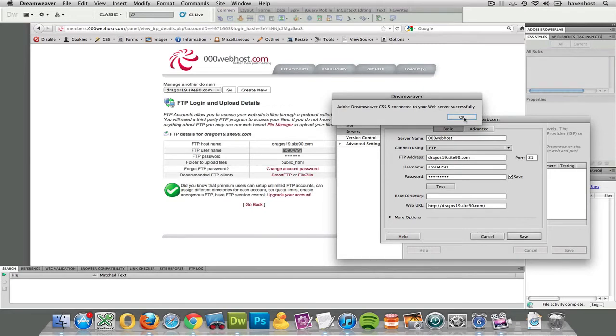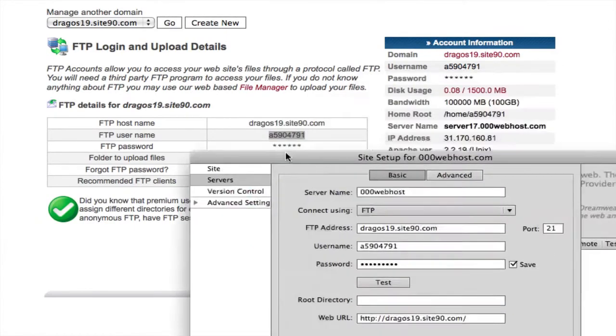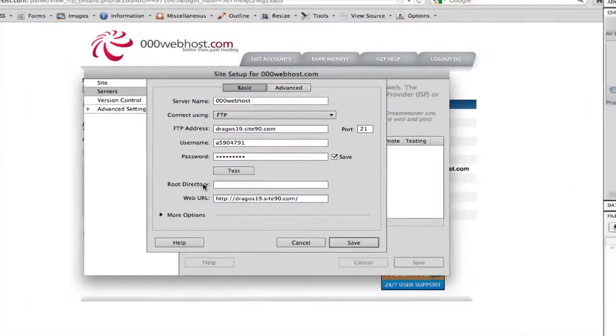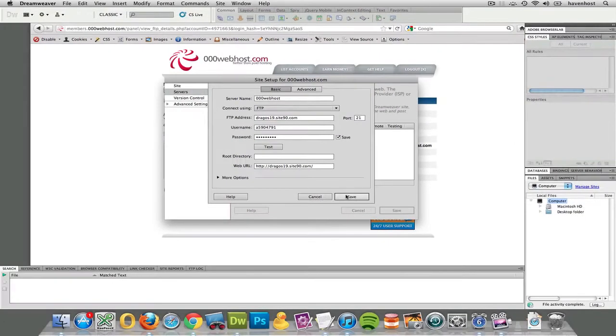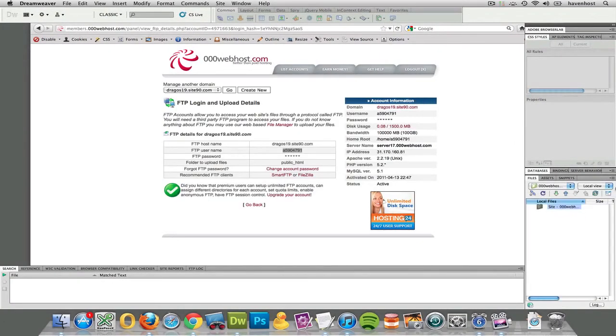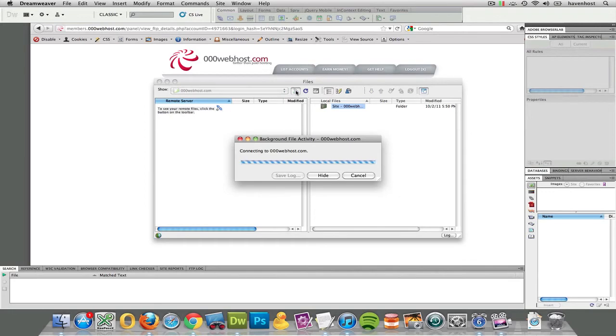Cool. Now, interesting is that we have folders to upload files, and here it says public_HTML, and that actually refers to the root directory. So check this out. I want to show you. If you save this and you go save, and now let me pop this window out. When I go to connect to the 000webhost,